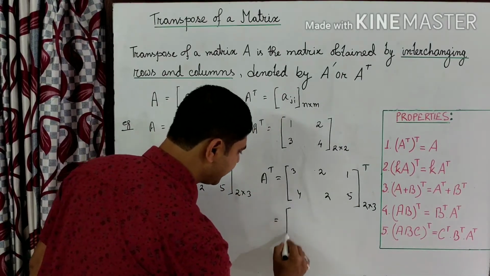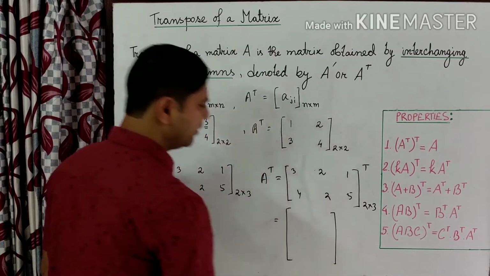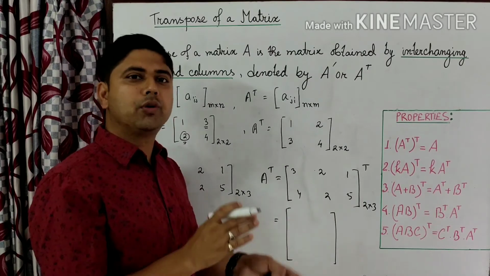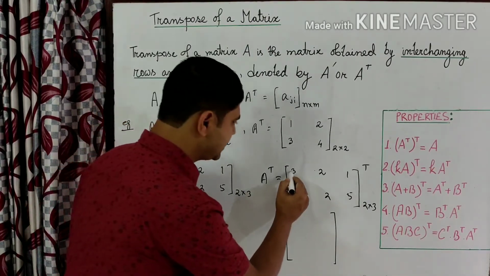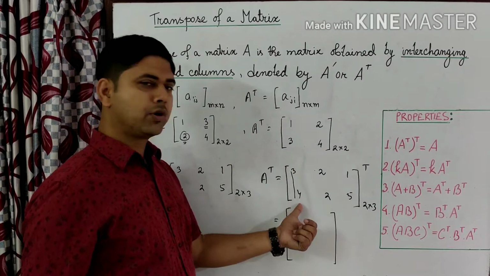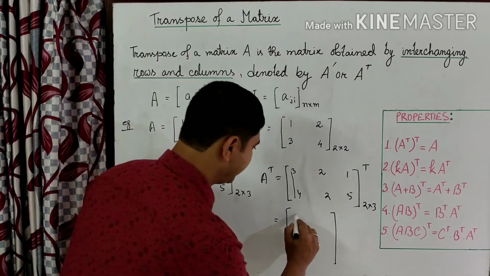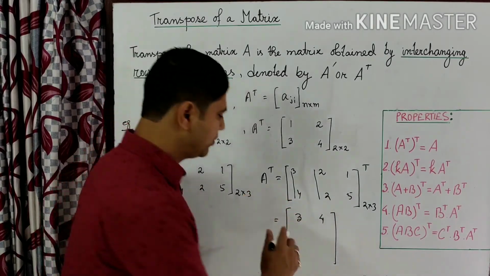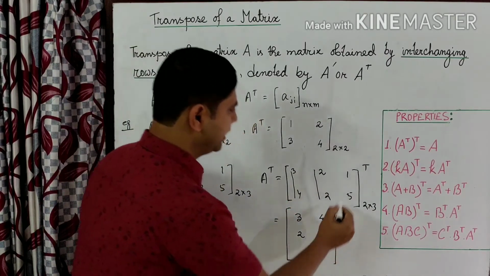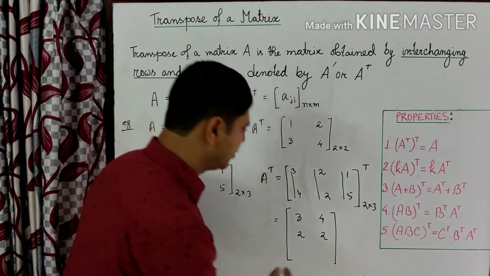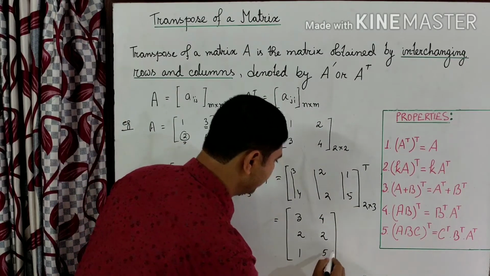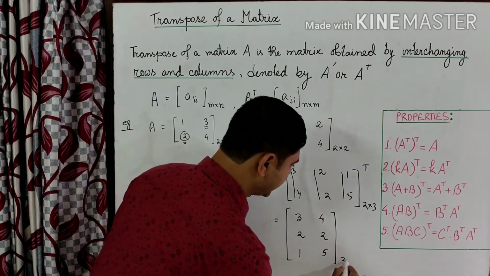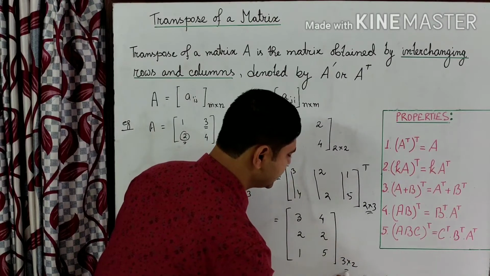Simply, you only have to remember one part, because we interchange rows and columns. That means rows go to columns, and the column comes in as a row. That means that is the first column. Where does the first row go? Second one, that is the what? Second column. Where does the second row go? That is the what? Third column. Where does the third go? Clear this one? What is the order? Order is what? Definitely what? 3 by 2. Order also changes.